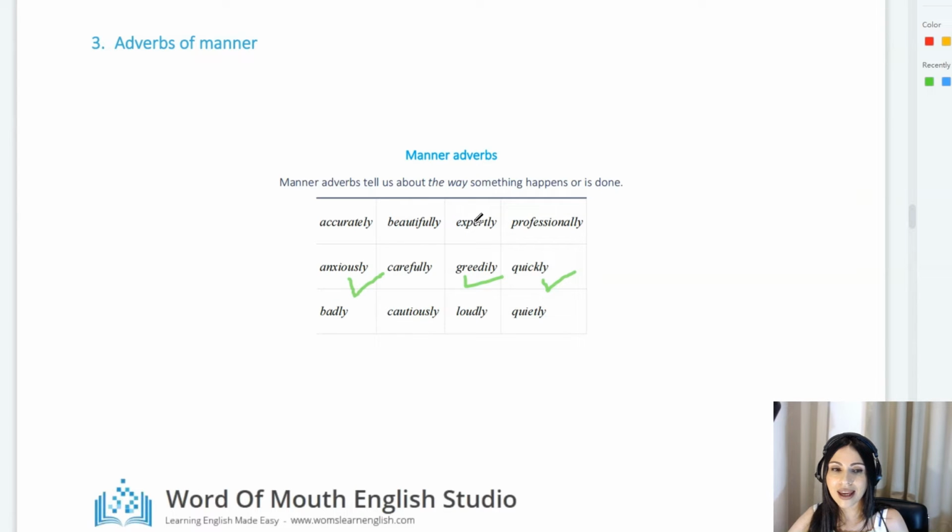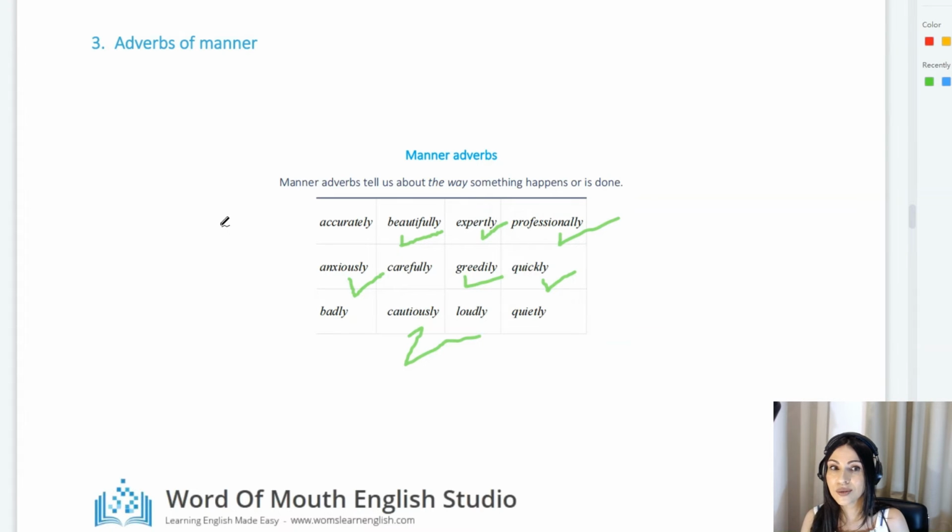Did they look forward to the interview anxiously? Did they do it professionally? Did they do it beautifully or expertly, which is even stronger? Did they do it cautiously? So how careful were they? Etc. So think about which of these adverbs you have used